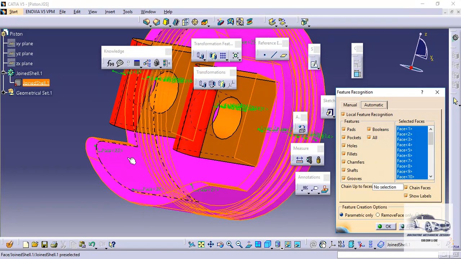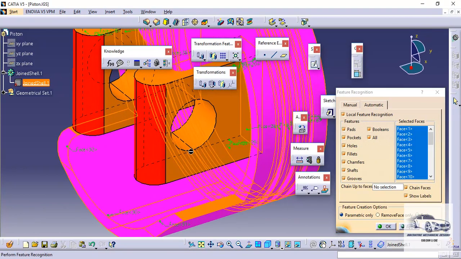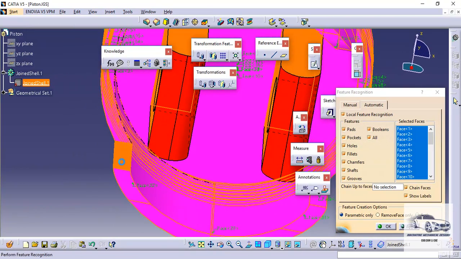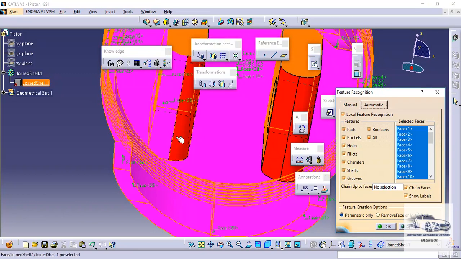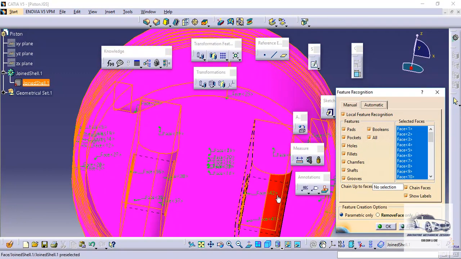The algorithm of the software is that it converts the imported geometry into multiple faces. So now I am completing the selection of the faces.